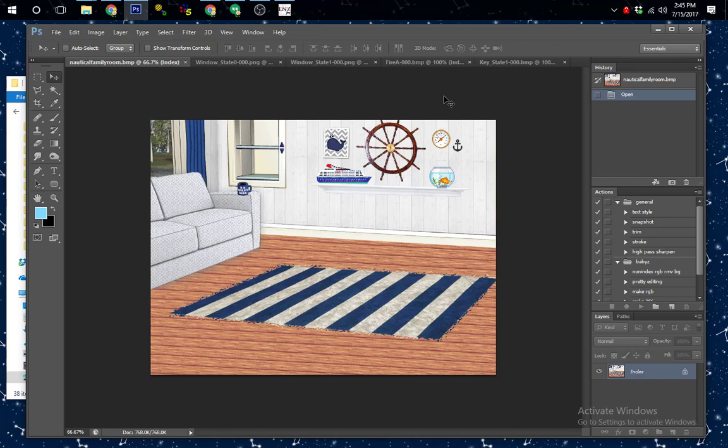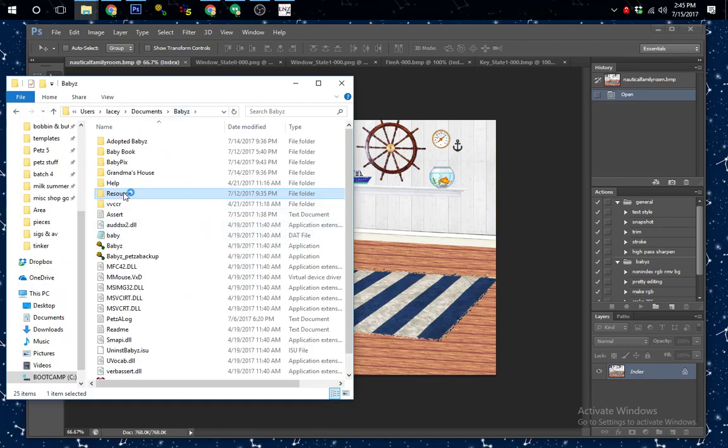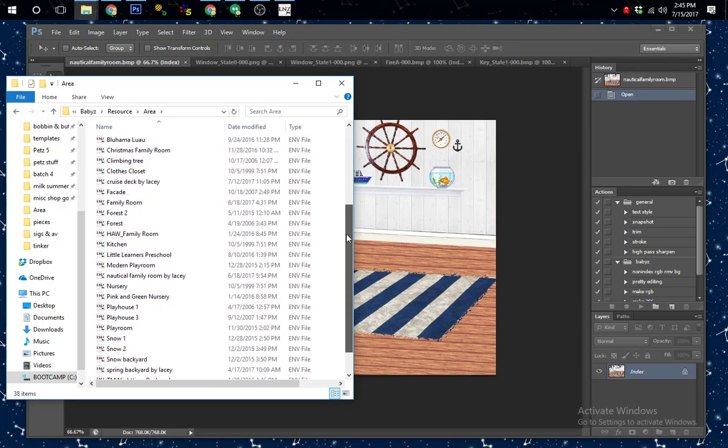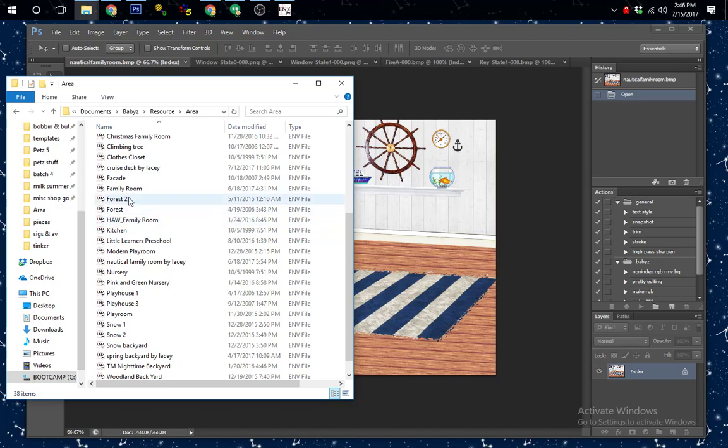So once you have that, you're going to go to your babyz folder and navigate to Resource and then Area, which is where all of the play scenes are kept, be it game play scenes, downloaded play scenes, whatever. So you're going to find the play scene that you want to base yours on. We're going to be working on the nautical family room today, so we're going to use the game family room as a base. So the first thing you're going to do is open it in Lens Pro,